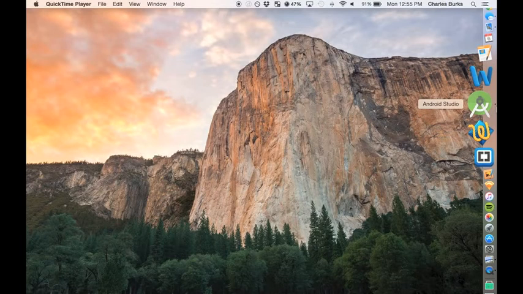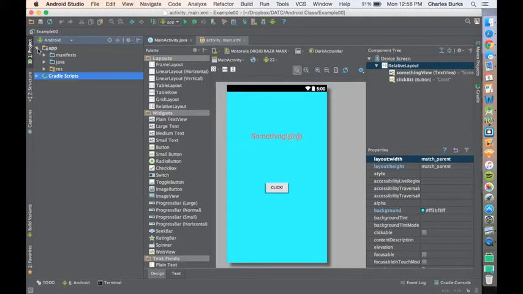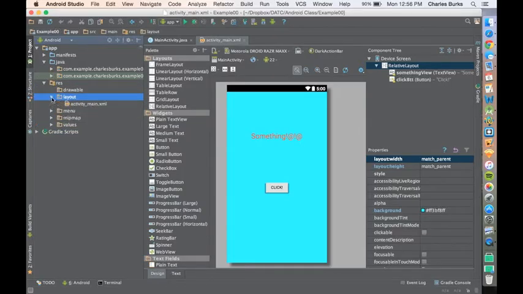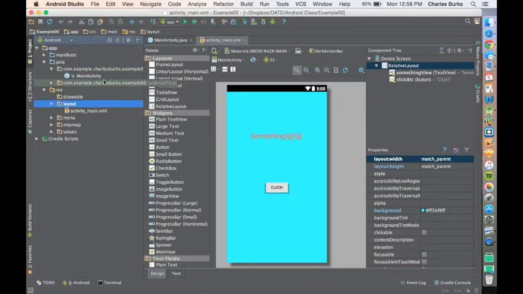Okay, so this is where I left off on my first tutorial. As you can see, here's my file manager area over here, and I want to go to Java. I'm just going to show you my layout folder, which just has my activity main XML file, and also my main activity. This is just kind of a dummy app that just has stuff on it, just so we can see it. But let's say I wanted to click this button and I want a new page to